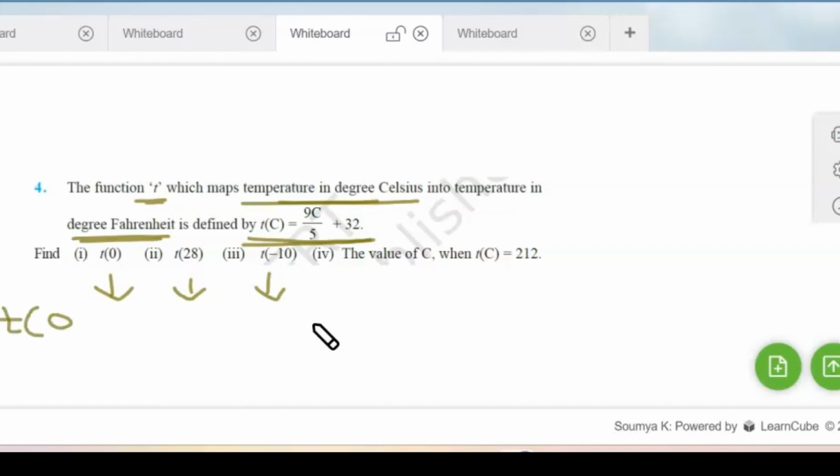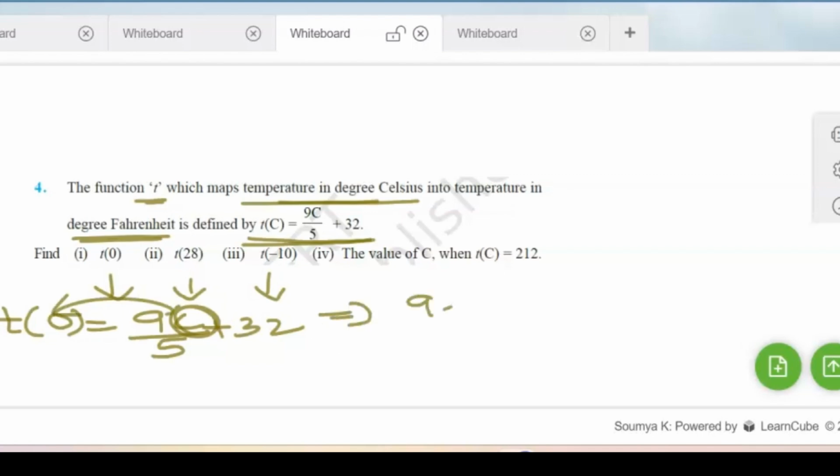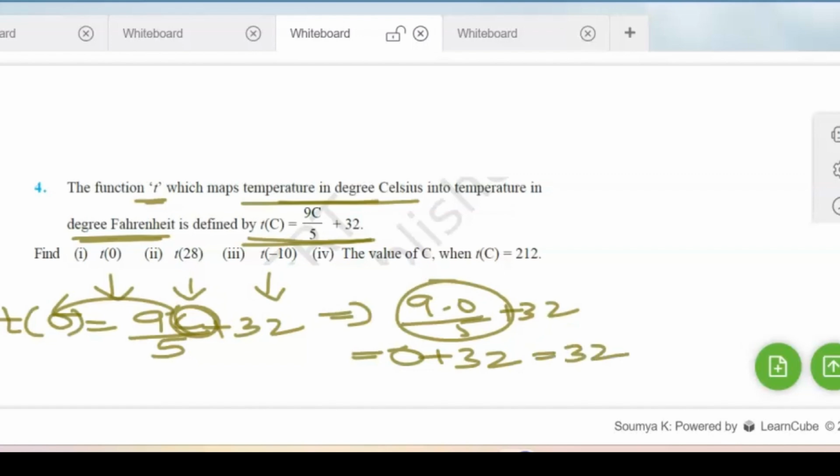Let's solve T of 0. So if it is T of 0, write down the function 9c by 5 plus 32. Substitute for c as this 0. In that case, you will get this term converting to 0 because 0 into 9 is 0. Whole divided by 5 is again 0. So this whole term becomes 0. So it is 0 plus 32, that is 32. This 32 is the solution for your first